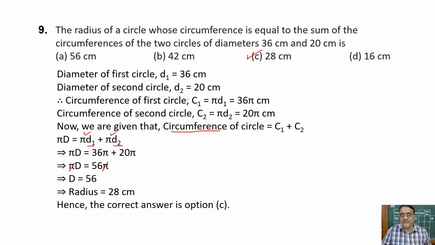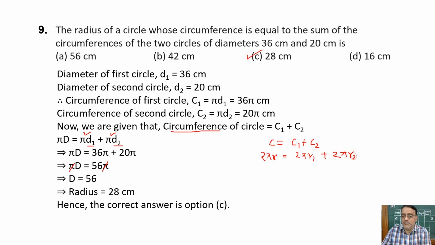If you are not comfortable with D1, D2, you can take R1, R2 also. R1 18 हो जाएगा, R2 10 हो जाएगा, and you can substitute. You can directly do C is equal to C1 plus C2 without writing the value of R1, R2, and this will be equal to 2 pi R. Okay, 2 pi R is equal to 2 pi R1 plus 2 pi R2. जो भी मैं करके बता रहा हूँ, this is the easiest one.